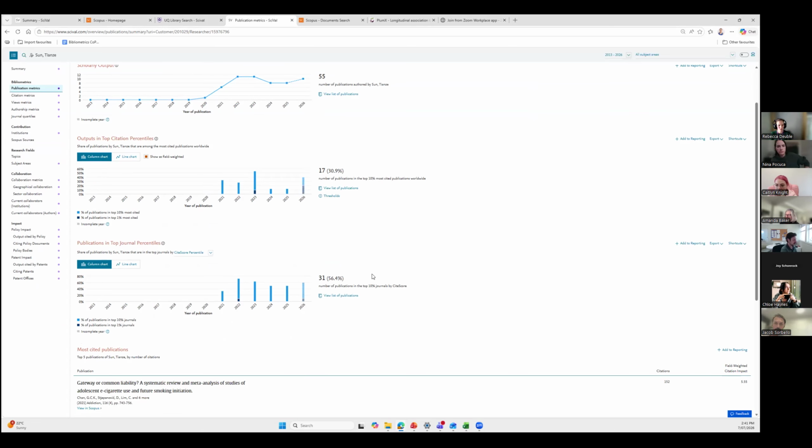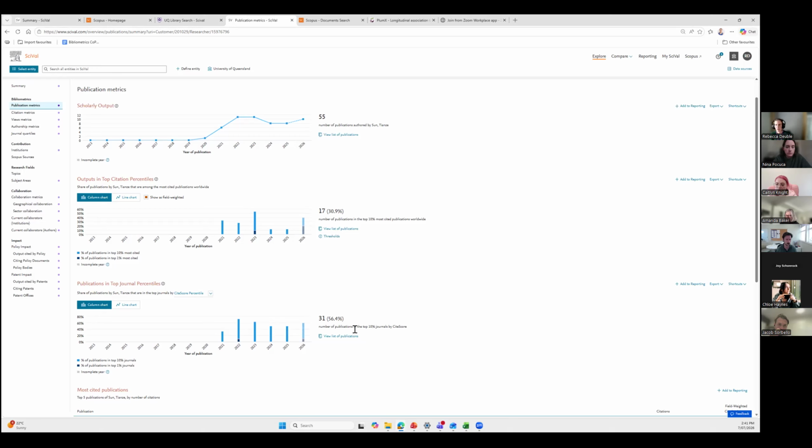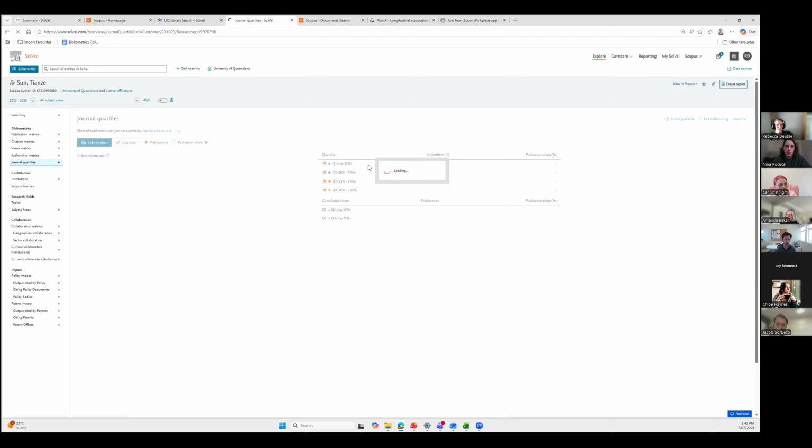Then this graph here shows publications in top journal percentiles. This one is based on top 10%. You can also look at top quartiles, which is probably more useful because top 10% is not including all, that's like half of the top quartile. So I'll jump to journal quartiles to show you what I mean. So this is Q1, so that's the top 25% of journals. So you can see here there's 52, so 94.5% of the publications are in that top quartile, which often is